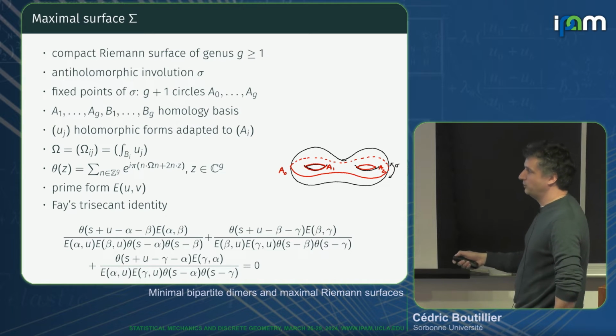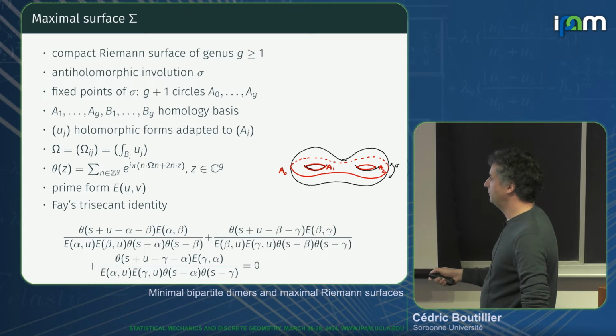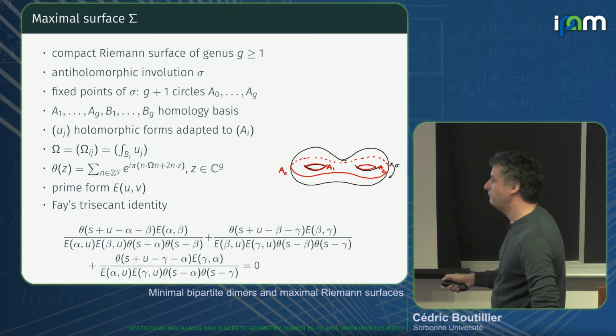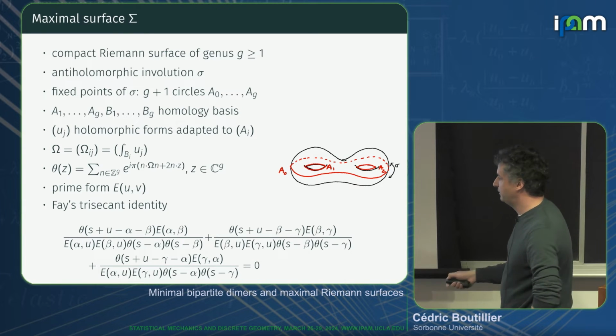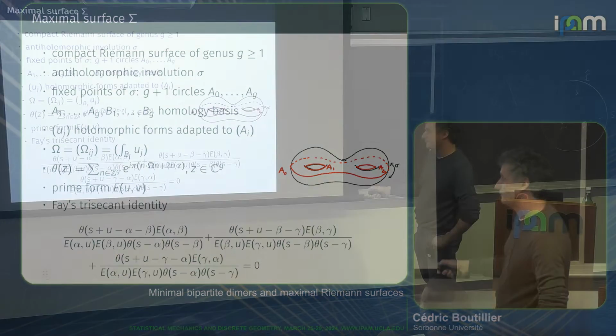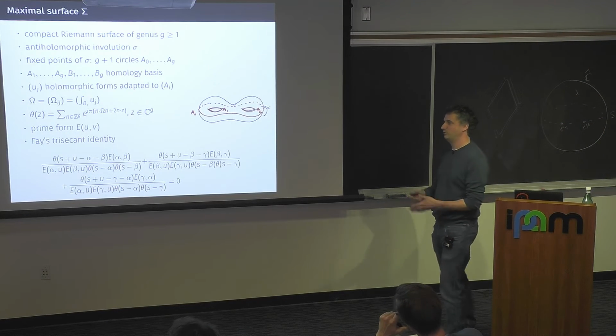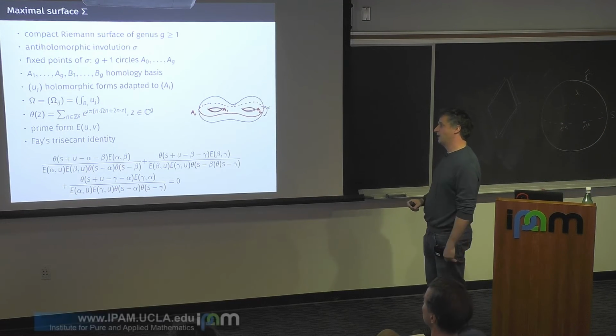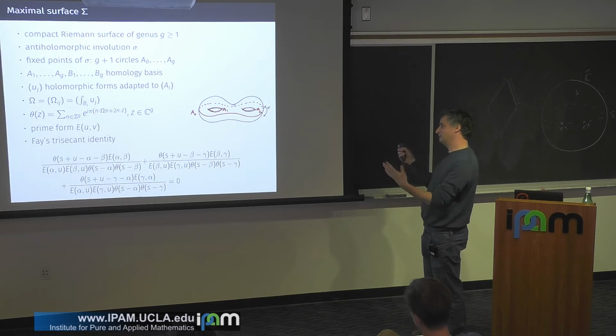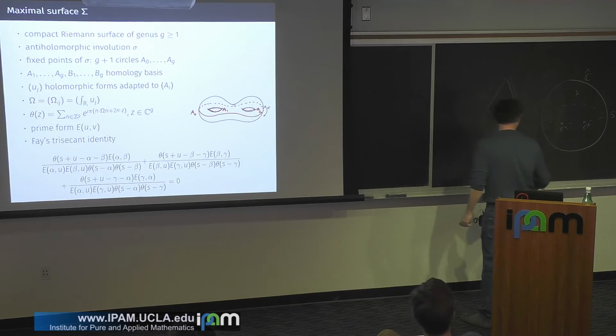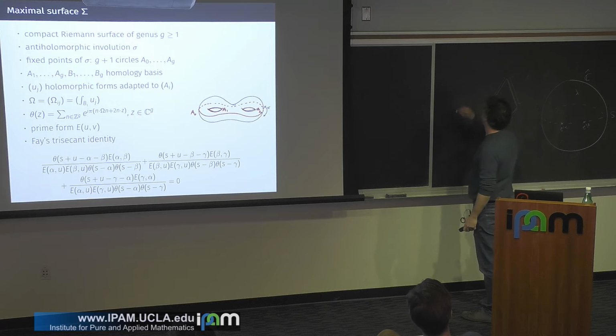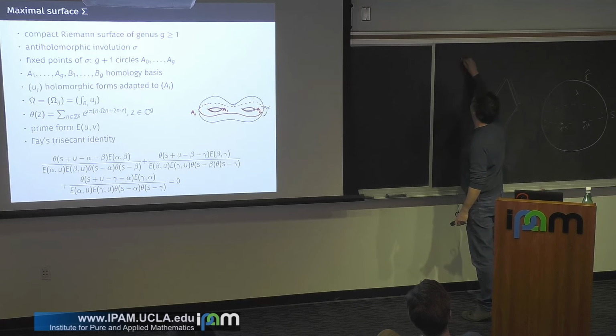And from it, you can construct the prime form. The theta function and the prime form satisfy this identity, which is called the Fay identity, which is a higher genus analog of the